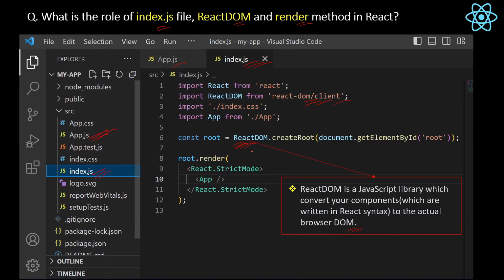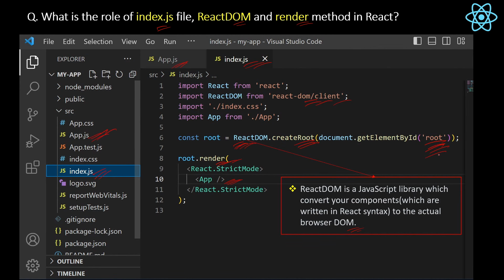Okay, so basically when you create a React application, you typically write your components code inside the app.js file using React syntax, right? The JSX syntax. And then you will put the root component's reference here like this. Here we have placed the app component inside. And then this root.render will render the root component and the child components of it, if there are any. Now this ReactDOM.createRoot method will recreate the root top level element of the HTML document.